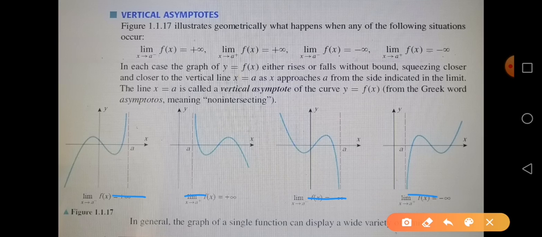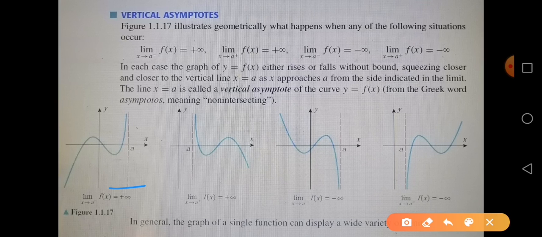For example, if we have a hyperbola like this, these are the asymptotes for the hyperbola. So a line which is very, very close to the graph but never crosses the graph is named an asymptote. And whenever we have infinite limits, at some point we must have a vertical asymptote. You can see for positive infinity we have a vertical asymptote over here at the line x equals a, because for vertical lines x is constant.